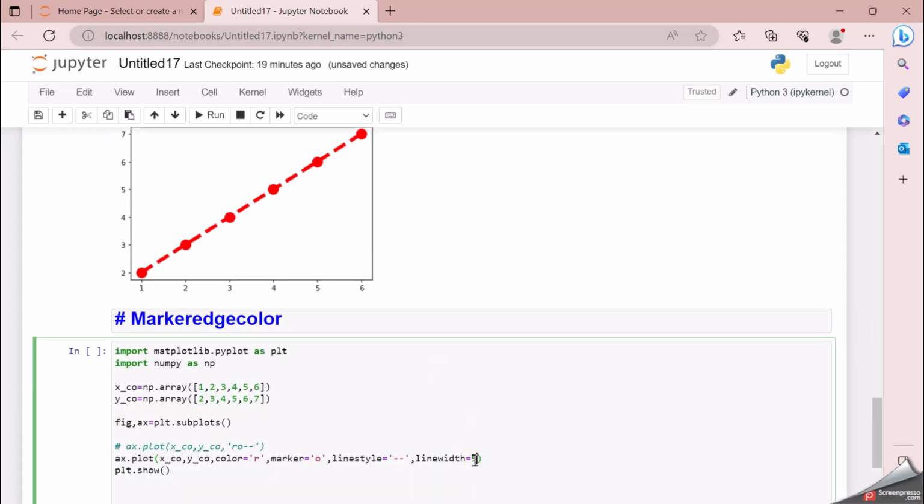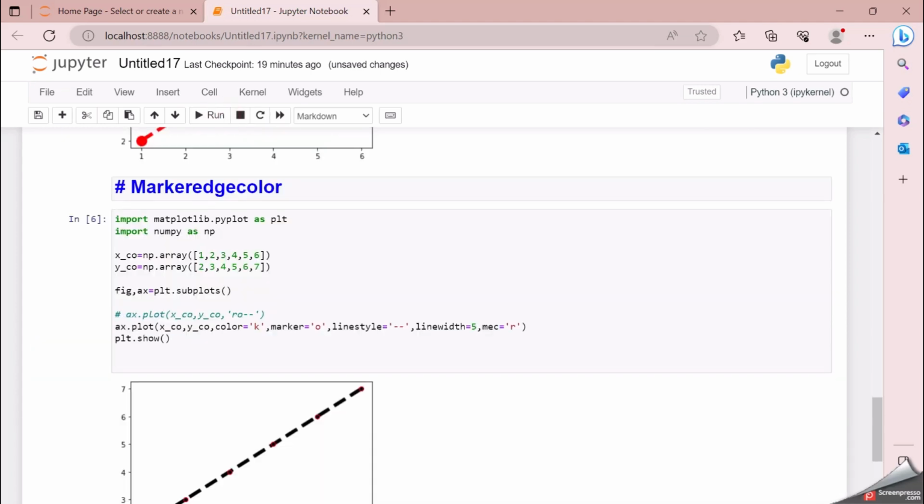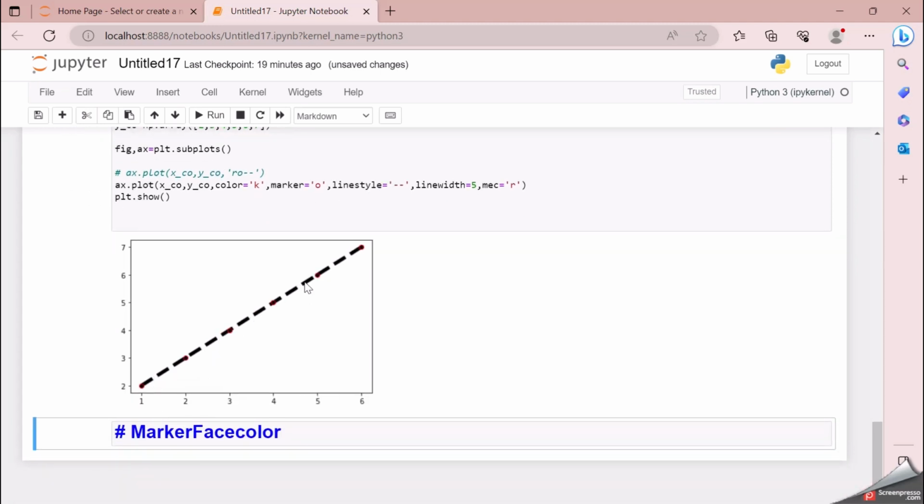Next one is the marker edge color. So marker edge color is given by MEC. So let me make it equal to red. And the graph color, let me have it as black. For black, we have to give it as K. K represents black color in Matplotlib. So our MEC is red in color and the marker and the line is in black color. Now when I execute my code, we see that the graph is in black color because I gave it as K, and MEC is red in color. The edge of the marker, so not the whole marker, but the edge of the marker is in red